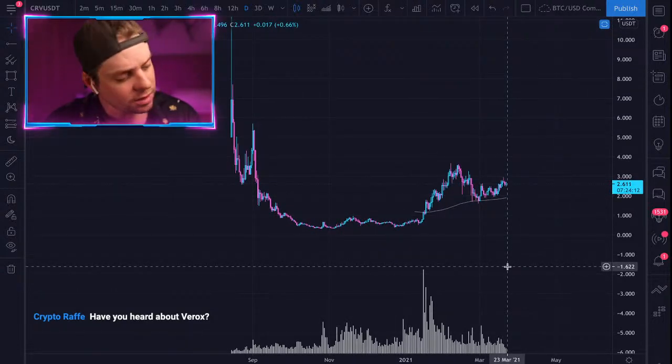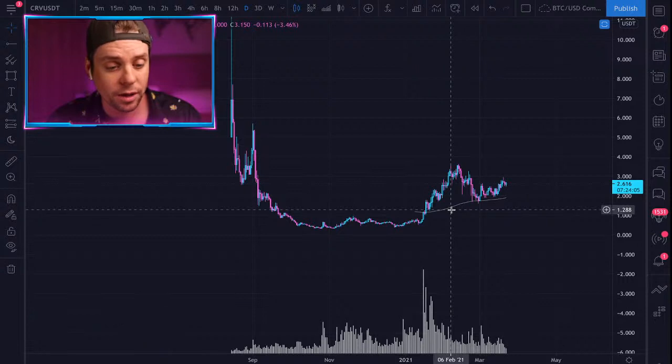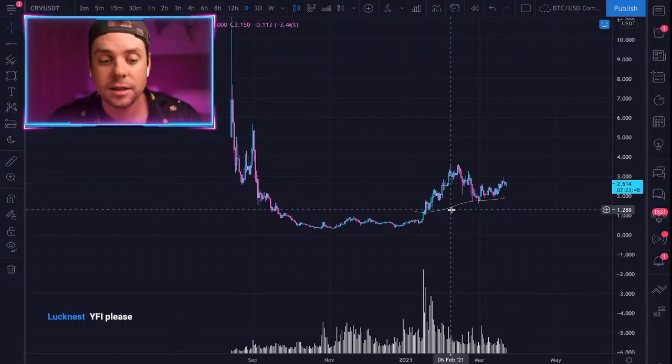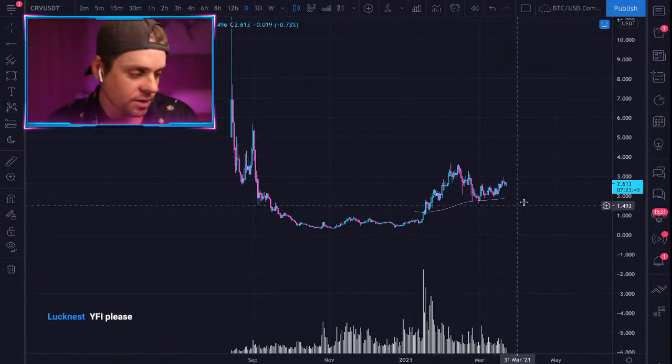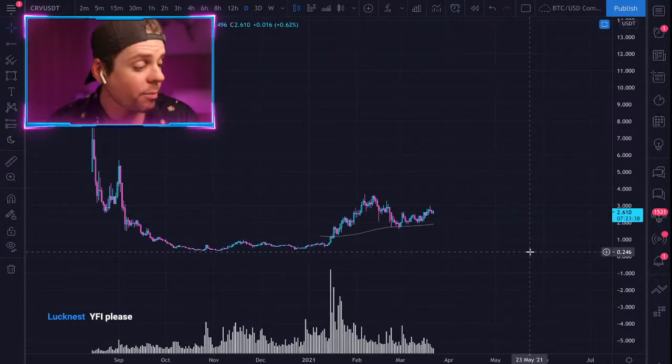Looks like we're developing a little bit of a cup and handle. There are interesting supply characteristics that need to be taken into consideration with Curve. So do your own research on how the tokenomics of this coin work and make a decision on how you want to position yourselves and implement a strategy with this coin. There are many things to take into consideration on how long you'll be holding a coin long term. With Curve, I don't think it's a good coin to hold long term, but we have a pretty darn